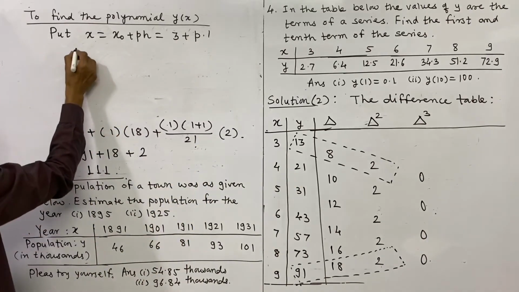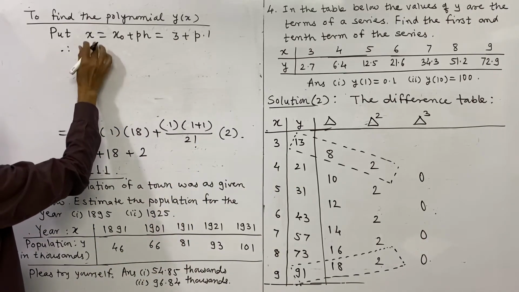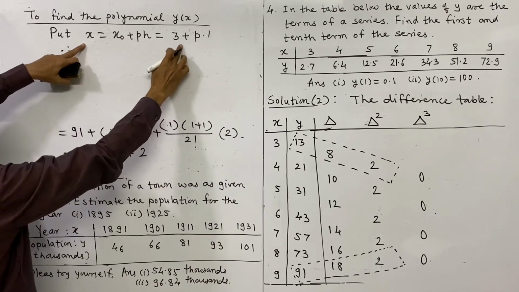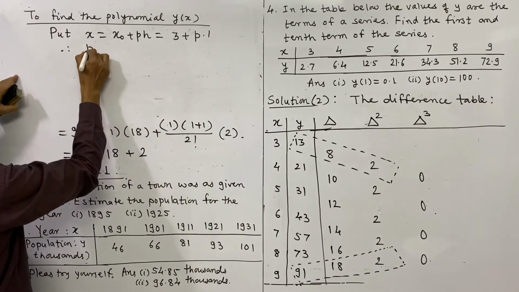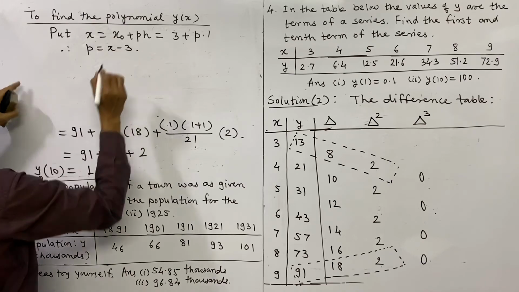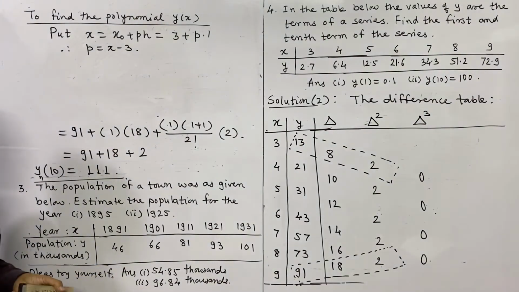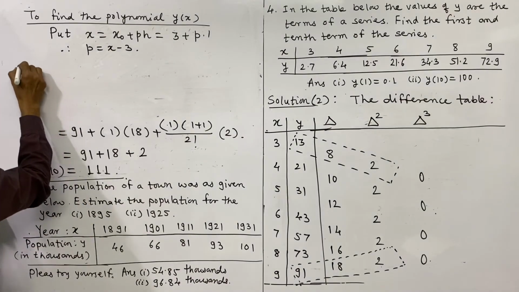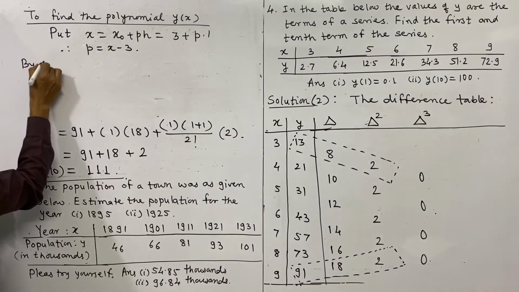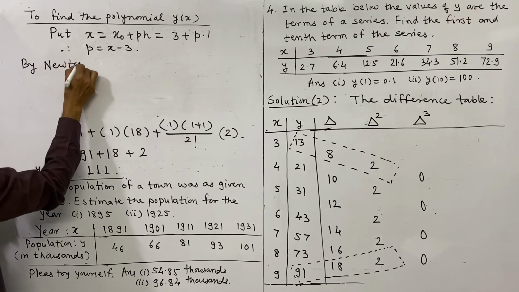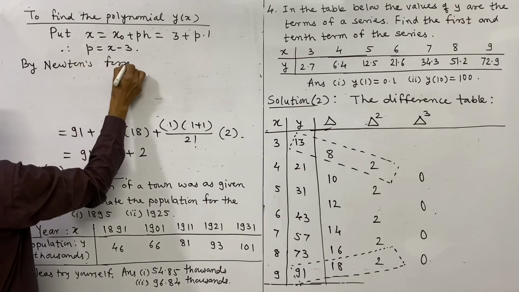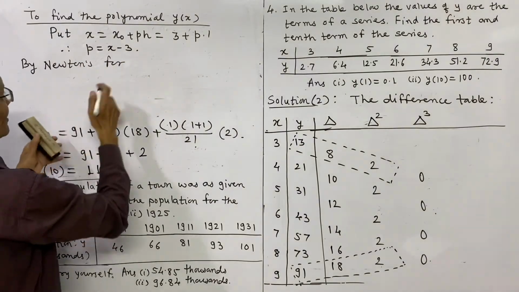And therefore what is p? Equating the first and the last, x is equal to 3 plus p means p is equal to x minus 3. And we have to use these values in Newton's forward interpolation formula. So Newton's forward interpolation formula is